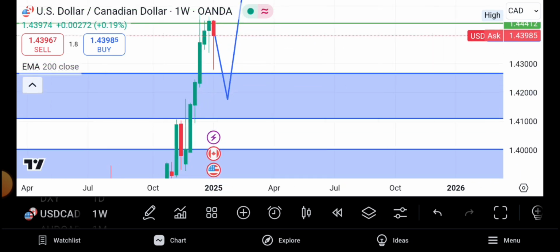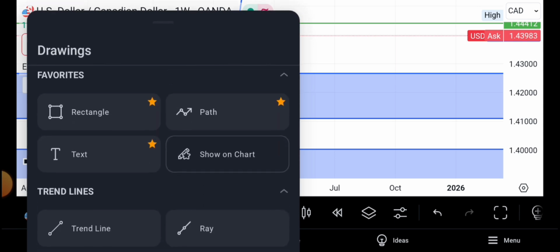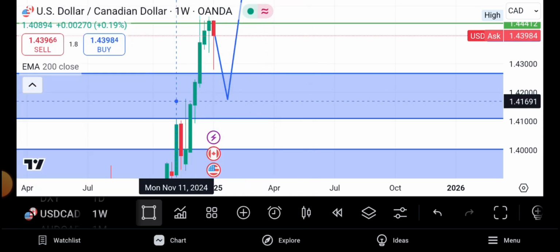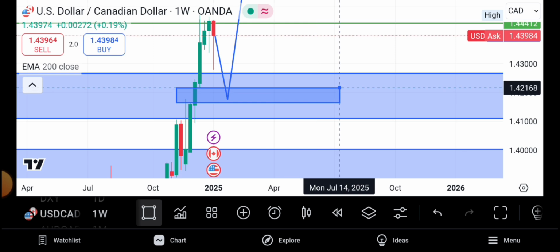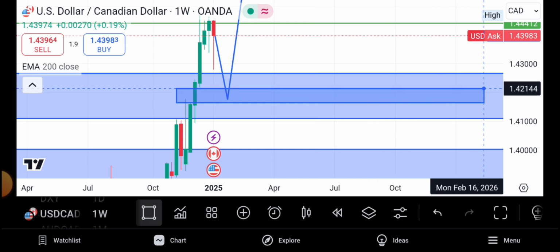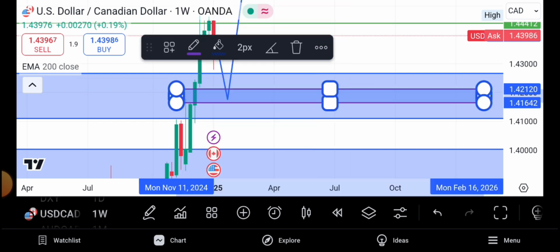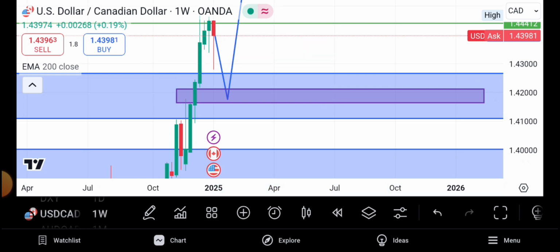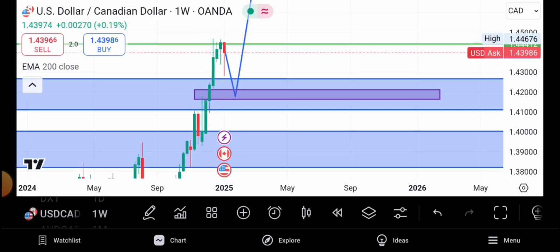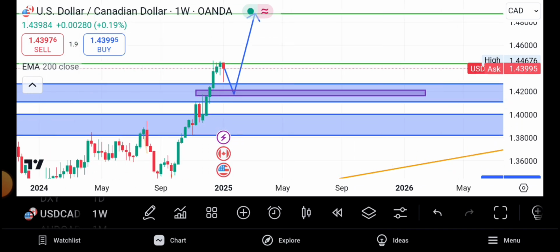So we have a clear fair value gap there, and now I will label it like that. Let us draw that fair value gap that has not been retested. Very good. Most of the time the price action tends to retest back to that fair value gap, and then it will take off. So there's nothing much we can see here in the weekly time frame,